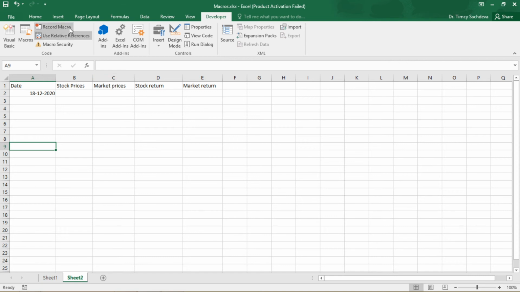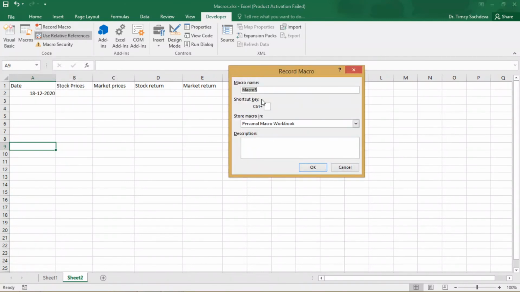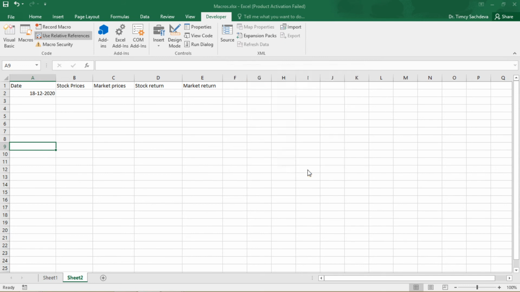Once it is highlighted, now click Record Macro. Now the macro name you can again give, maybe I give it S and P, and again for the shortcut I give Control plus T. Okay, and I type something different now: first name, then last name, and then maybe I write marks.